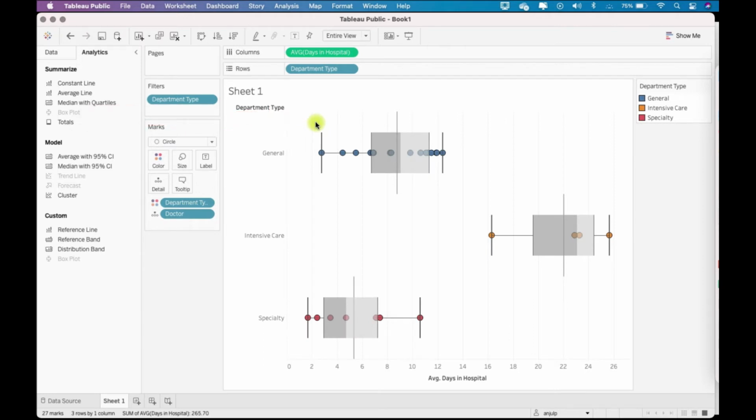Now this helps us to see and compare the medians, the ranges of data, the concentration of values, and any outliers. Luckily here we don't have any outliers, and we see that the average is there, the interquartile range is there, the whiskers are there, but there are no outliers in this data. But there could be scenarios where you can easily identify the median as well as the outliers, which would be beneficial for you to take decisions as per the data of your source. So this was all about box plots.